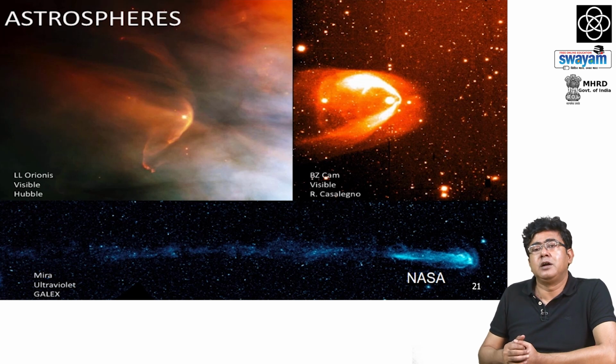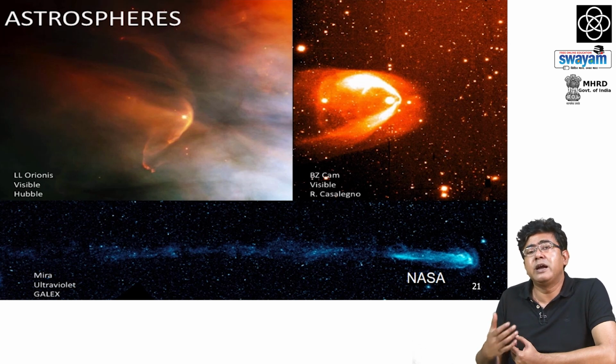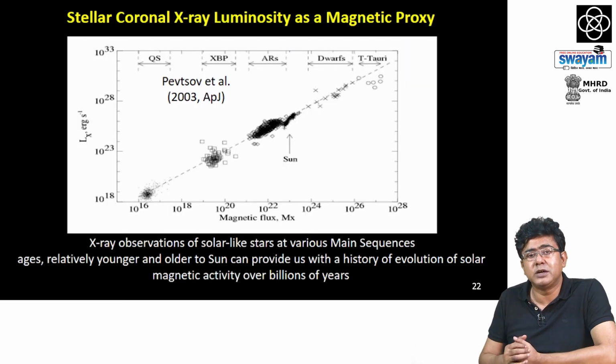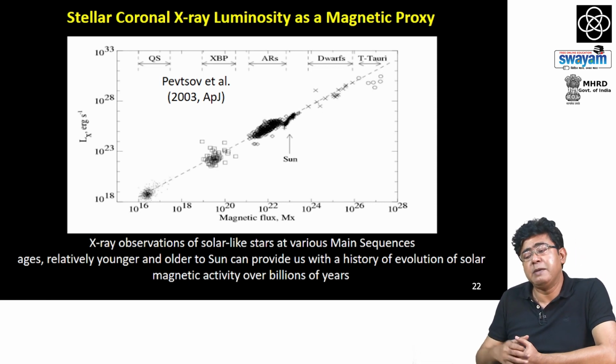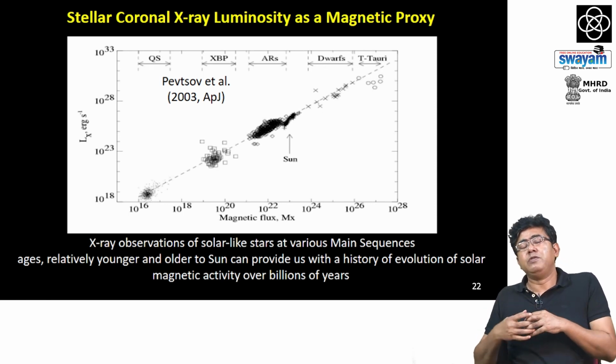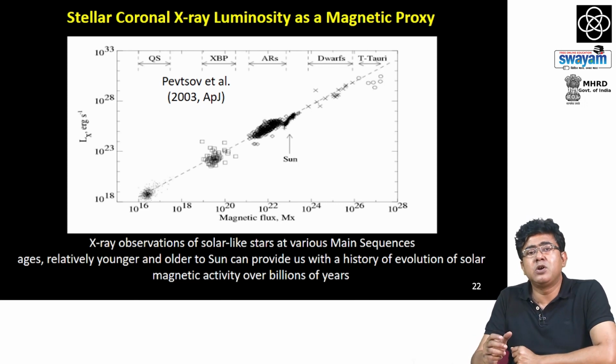And of course, there is a serious amount of research going on right now in understanding and characterizing these exoplanetary systems and how they interact with their host stars. So, one of the ways of finding out the activity levels, the magnetic activity levels of various stars, is to look at their X-ray flux, which can be measured with some high degree of accuracy, because it turns out, and as shown in this plot, that the X-ray flux, the X-ray luminosity, which is due to the amount of X-ray flux that is coming out of the corona of the stars, is strongly coupled through a parallel relationship to its